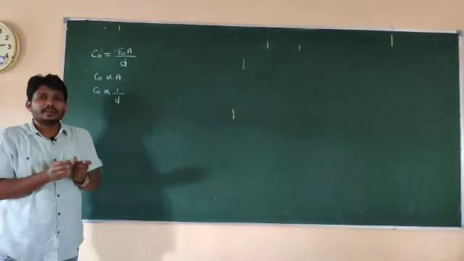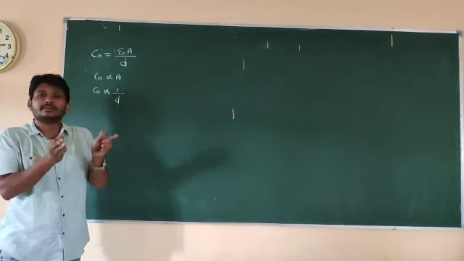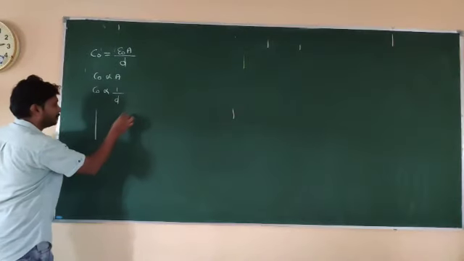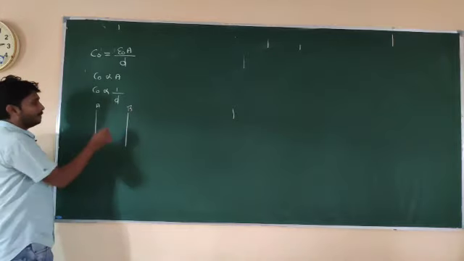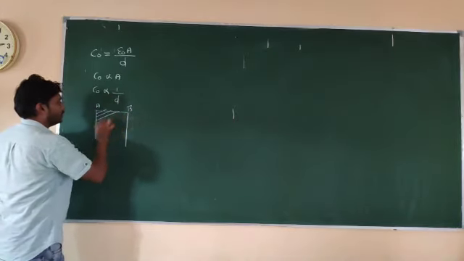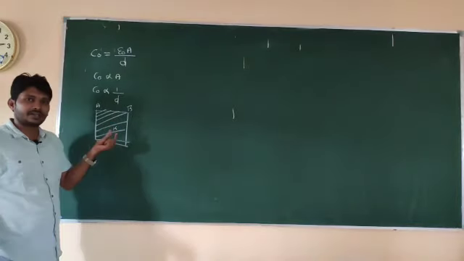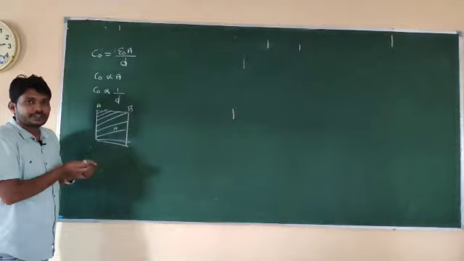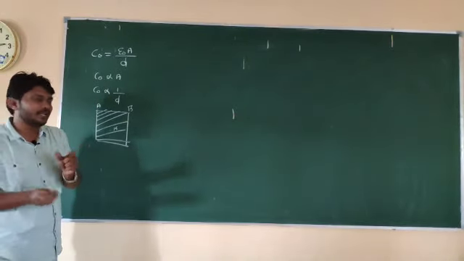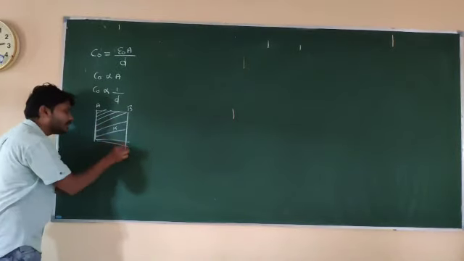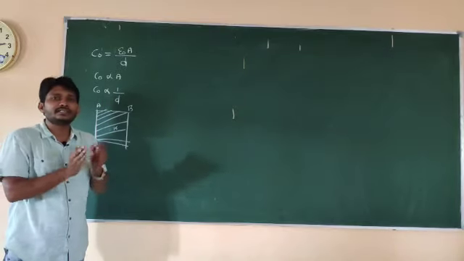Now let me consider a dielectric medium fully placed between the plates of the capacitor. For example, let me consider two plates, which I will name A and B. Between these two plates let me place a dielectric medium having dielectric constant K. So what about its capacitance value? If I place the dielectric medium between the plates, will the capacitance increase or decrease? I need to understand that.